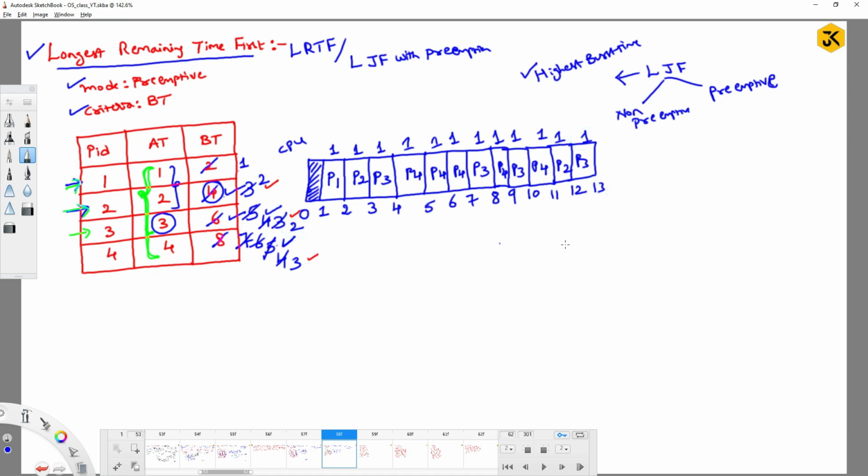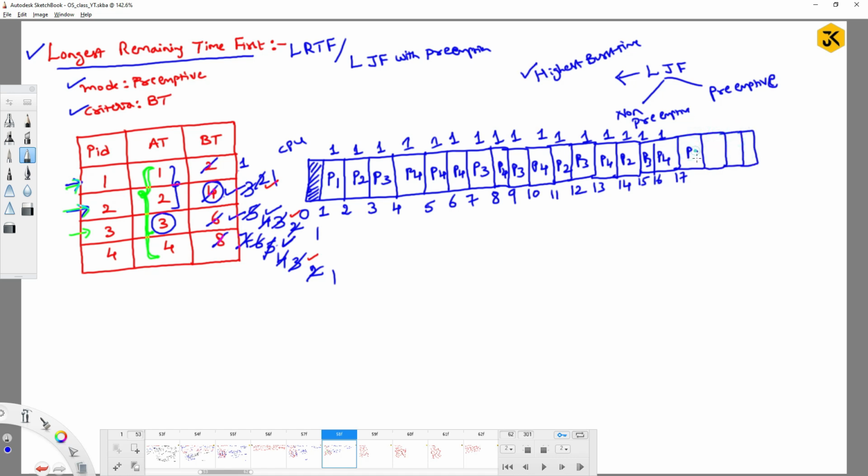Right? It is a kind of large problem. Next, I will give the chance to P4 because out of all, the highest burst time is with P4. Now again, all 3 have the same precedence, so I will write directly just P2, P3 and P4. This will be 15, 16 and 17. All will be decremented by 1. Now, all have the same precedence. When all have the same precedence, you have to go with the order of arrival time. So I will give the chance to